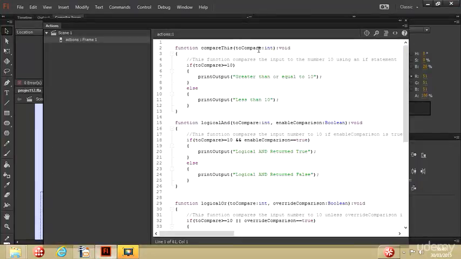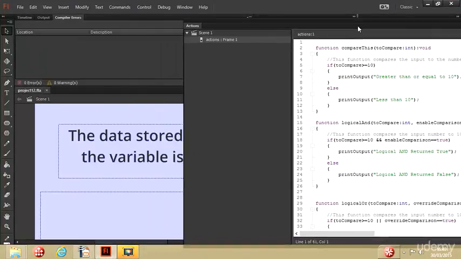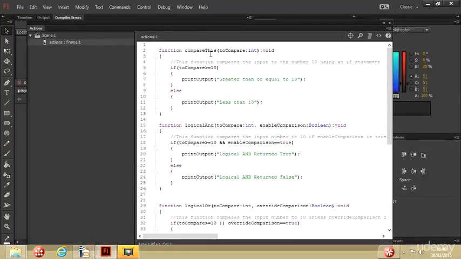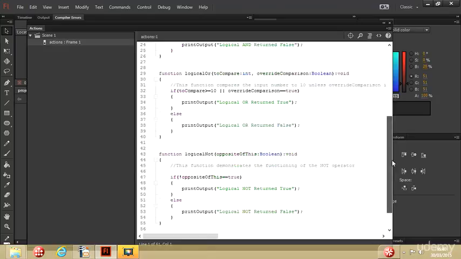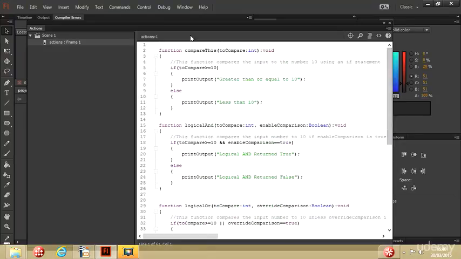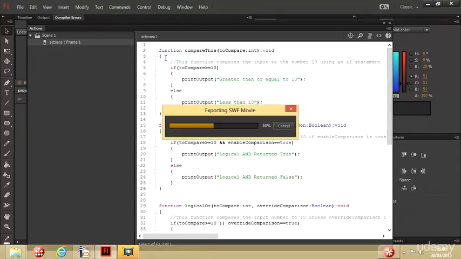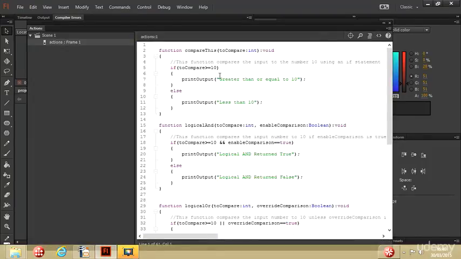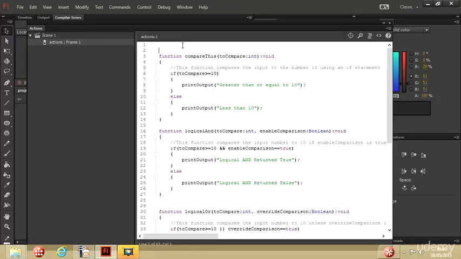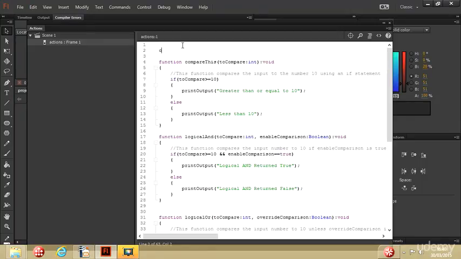Let's have a look at some examples. I've got my usual type of application and I've built in some functions. I haven't executed any of these functions yet, so if I go control test, none of the code will be executed. If you remember, in order to execute the code inside a function, you have to write the function name outside that function first. So if I